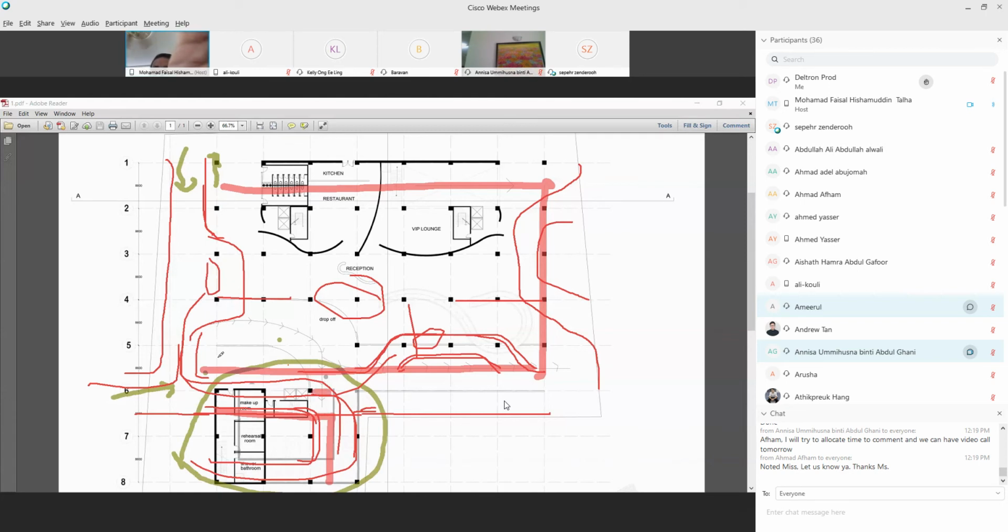I don't actually know where your ramp is now. I have to see. The entrance ramp is here. Where? This is the entrance ramp, and this is the exit ramp. It's confusing, man.